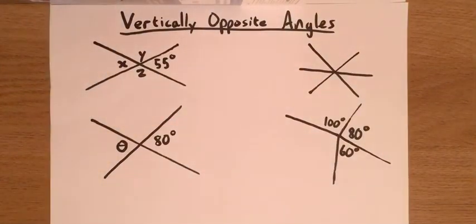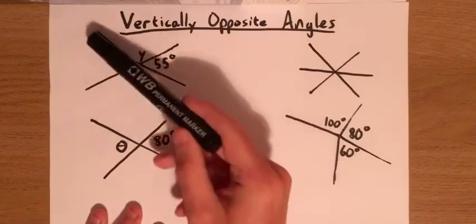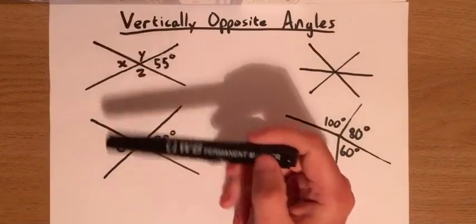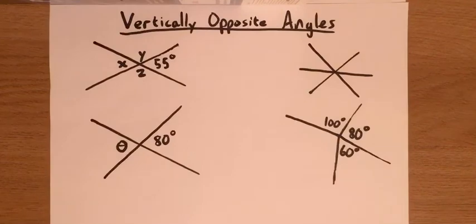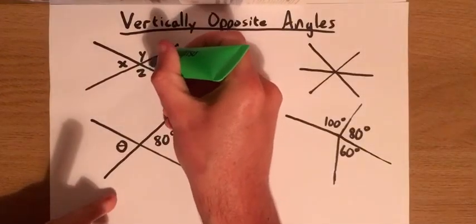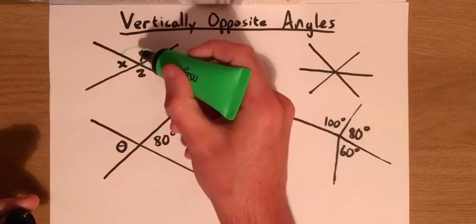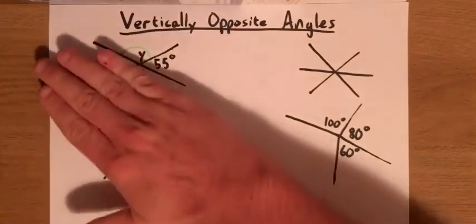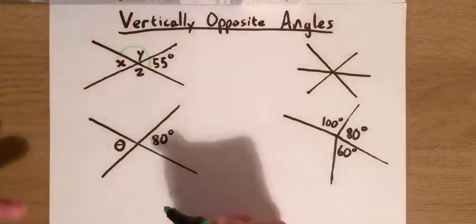Next one is vertically opposite angles. All right, so let's say I've got two lines here which cross in kind of an X shape, and then I'm asked how big are the angles X, Y, and Z. All right, well, you do have a way of doing this already. We've just done supplementary angles, so you could say 55 and Y are supplementary, so they must add to 180 degrees, kind of ignoring this bit down here. So 180 take away 55 is